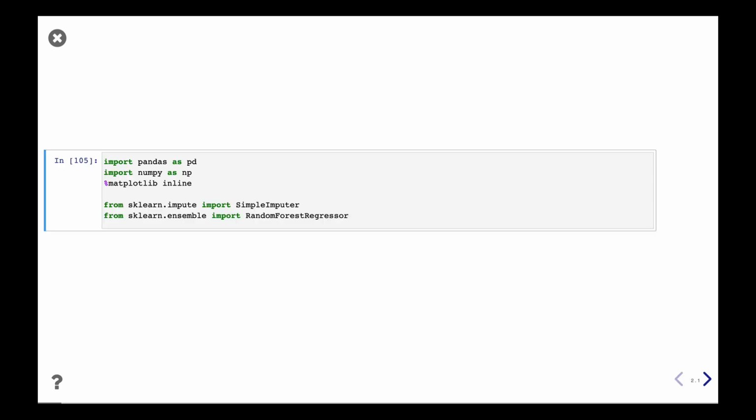Let's begin. So the first thing, of course, we have to import some libraries. So we are using pandas, NumPy. Here I have matplotlib. Basically, I always import these three libraries, but the two additional libraries that we are going to use here are the Scikit-Learn imputation module, because we will have to deal with some missing values. And the other one is the random forest from the Scikit-Learn ensemble module, which we will use as a machine